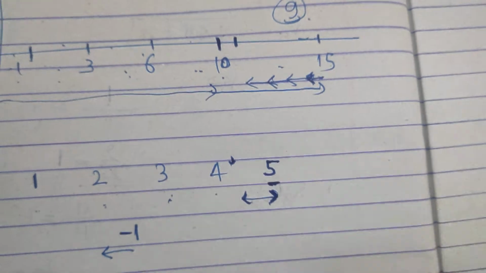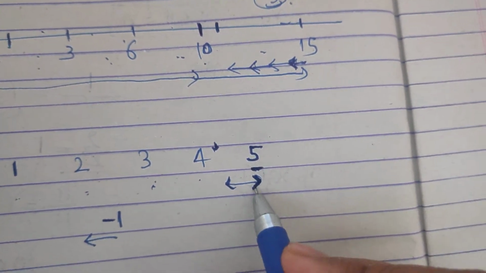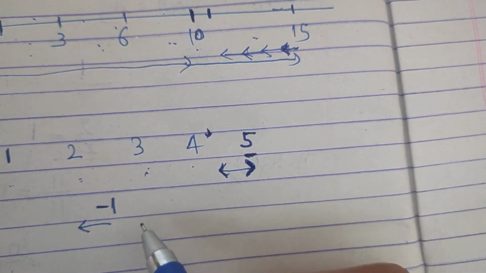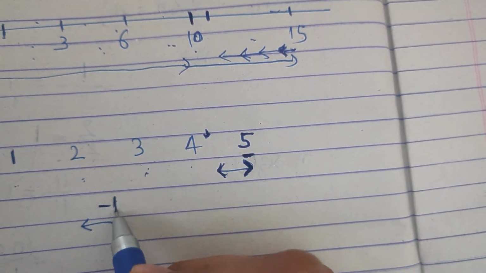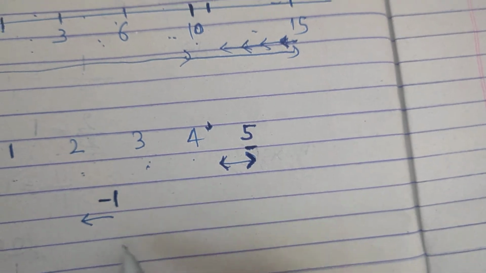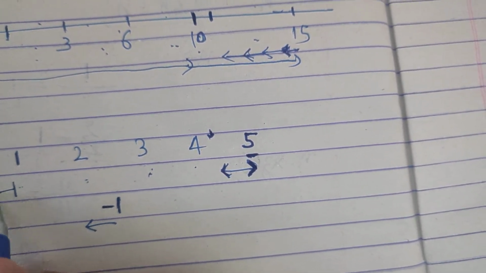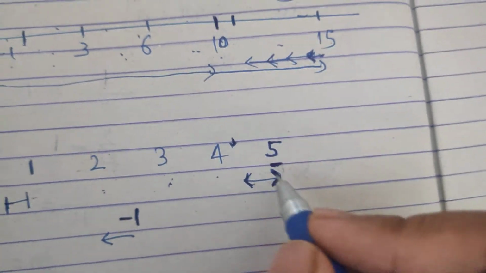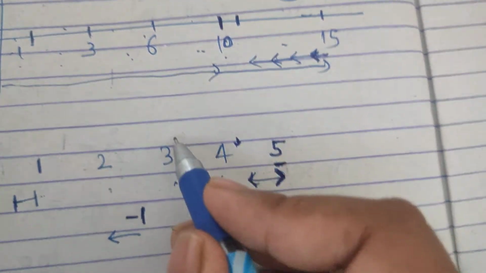So what we have to do is that we are going 4 steps ahead and we have to go 4 steps backward, but we have gone one step backward when we are going -1 on this side. So overall we are 3 steps ahead,